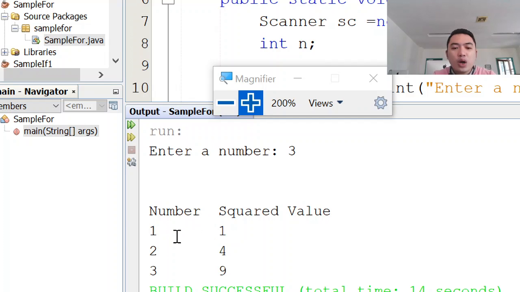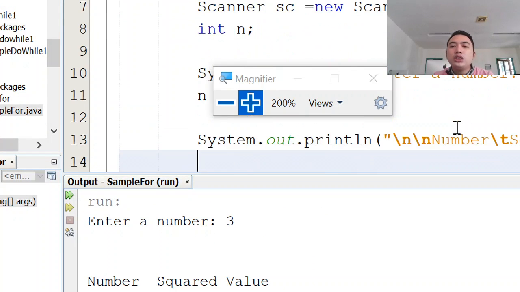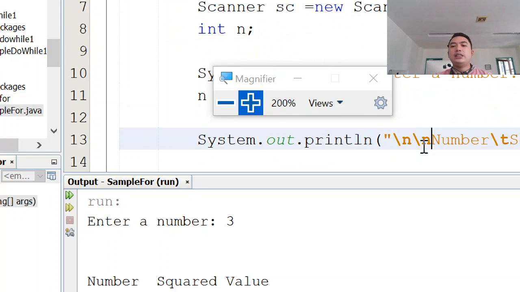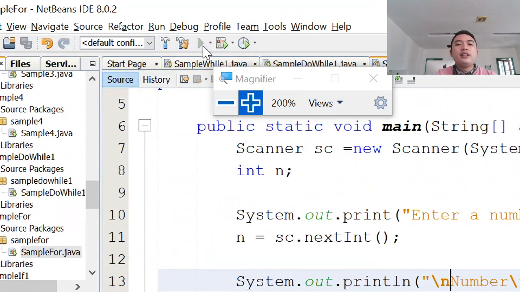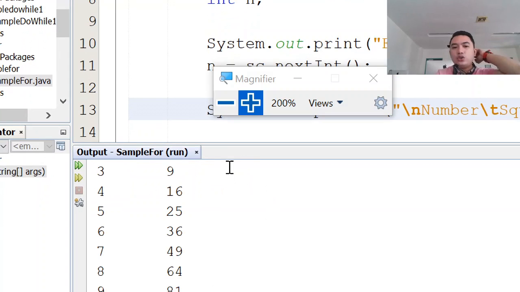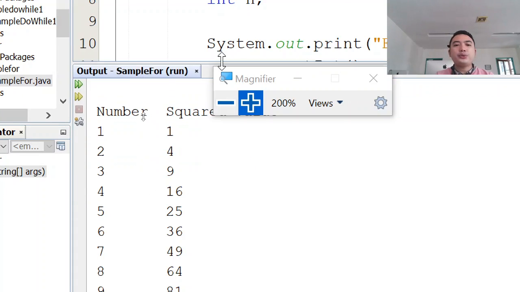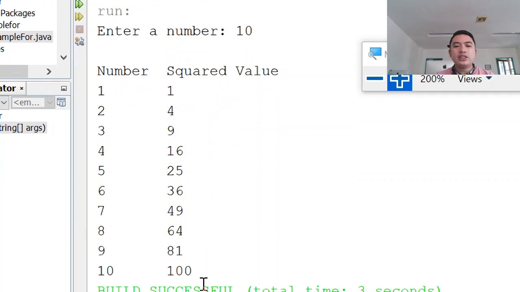And then number 1, squared value is 1, number 2, squared value 4, number 3, squared value is 9. Okay. So I want to change it to just one \n. Okay, let's run it again. Let's try 10. Okay, so this is our output. We entered 10 and these are the squared values.